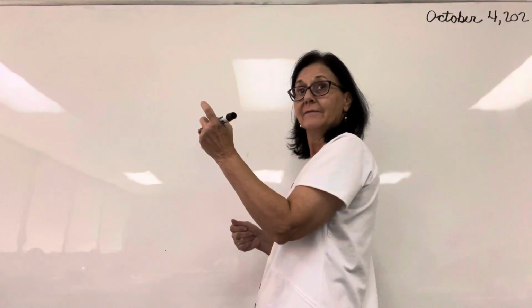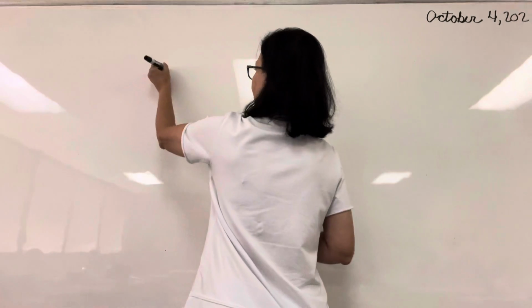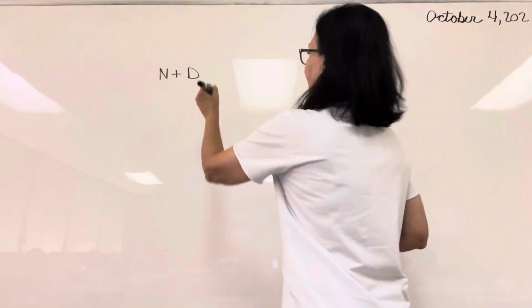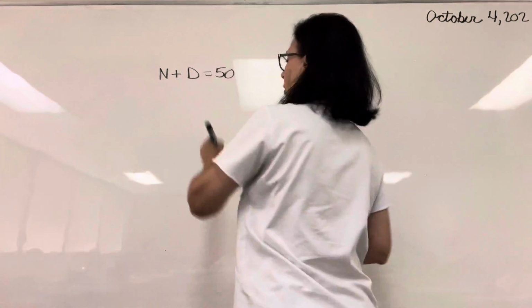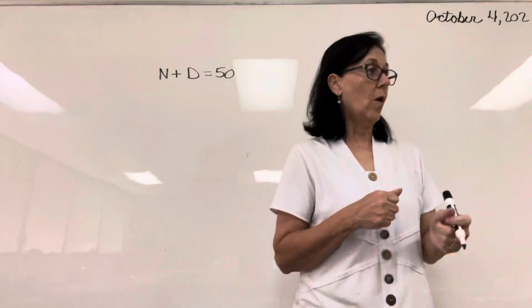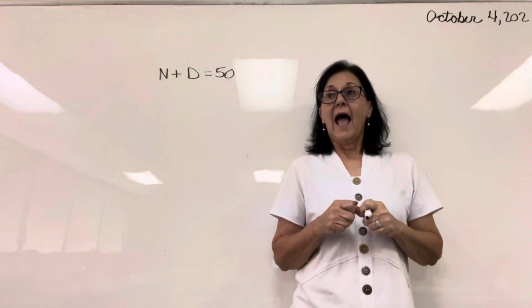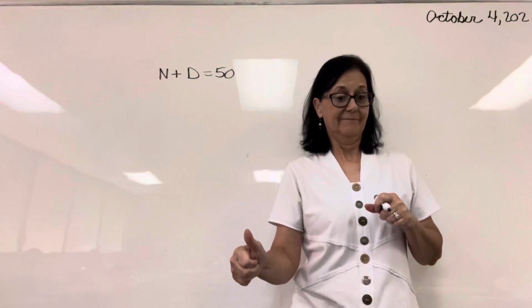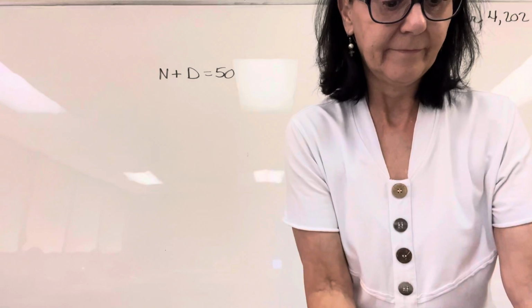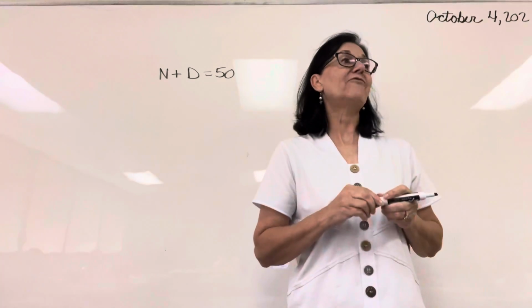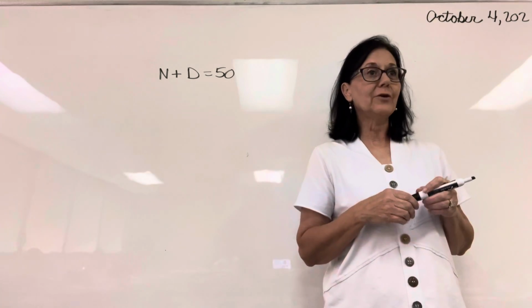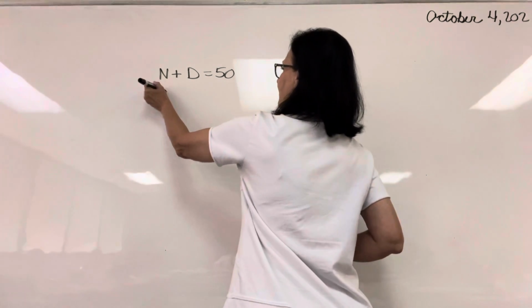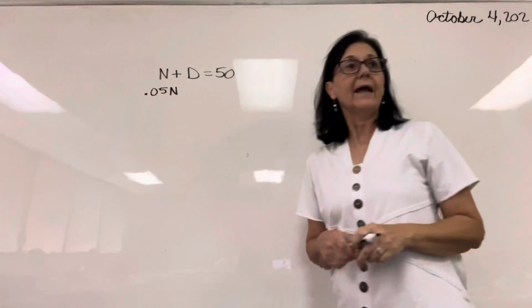You following that? So the equation I write is the number of nickels and dimes, right? If I add them up, there are 50 coins total. How much is always going to have a dollar sign with it. Whose value is $4. All right, so if I take 5 cents and multiply it by how many nickels I